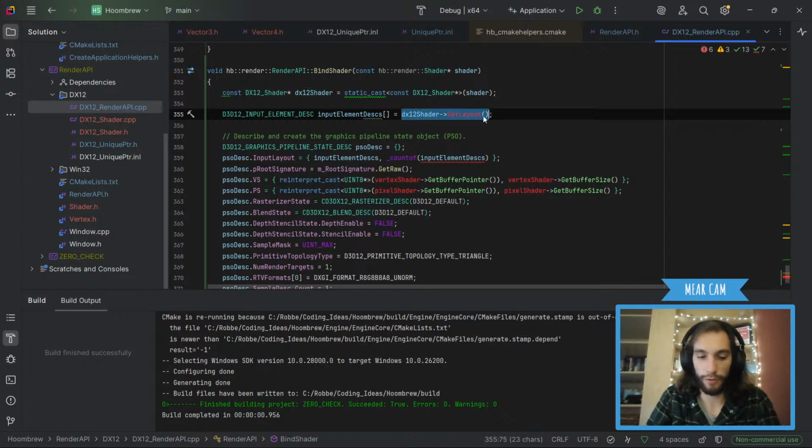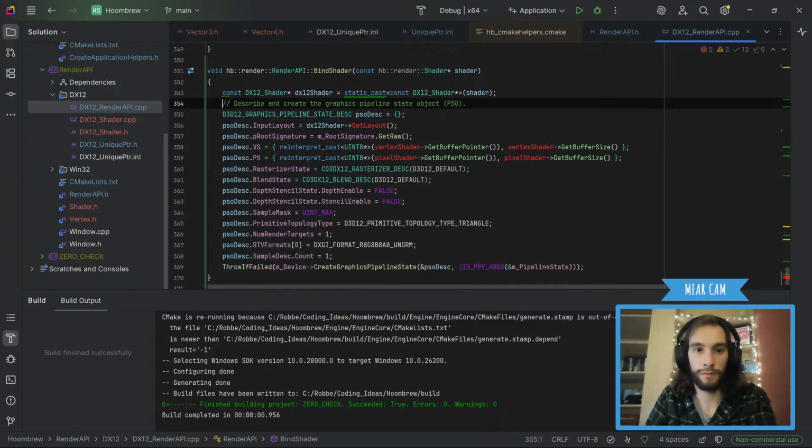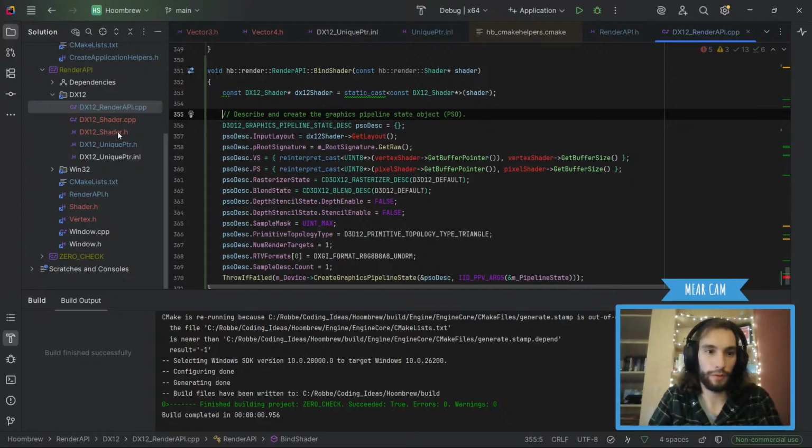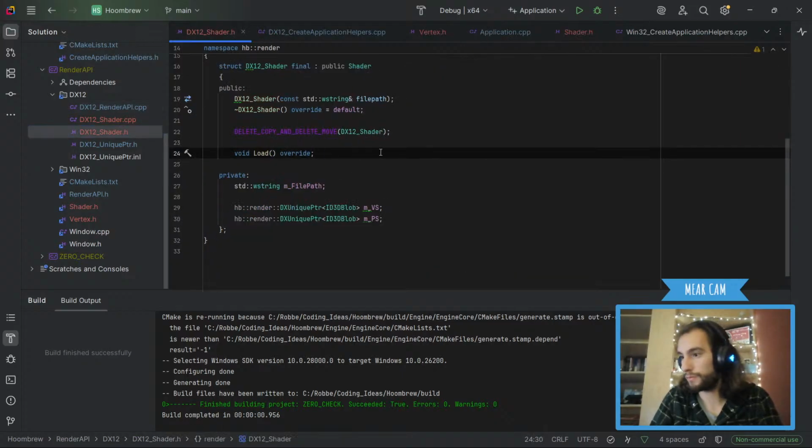Actually, we can just yoink this, put it in here, get rid of this, and then on DirectX 12 shader, we're gonna make a new function.